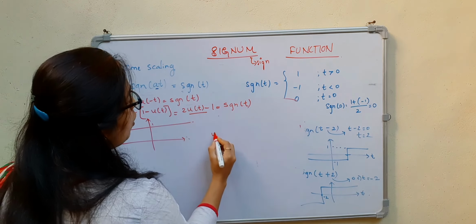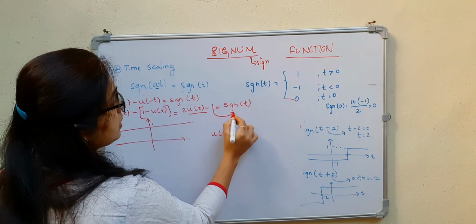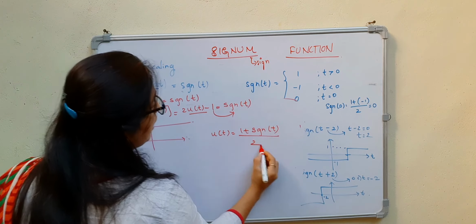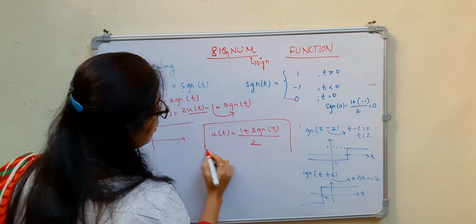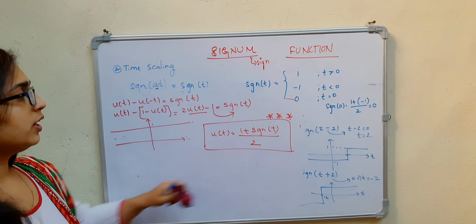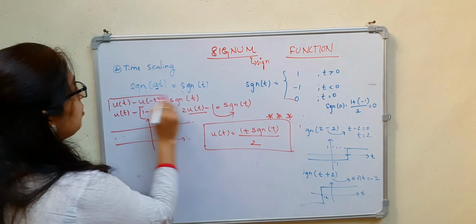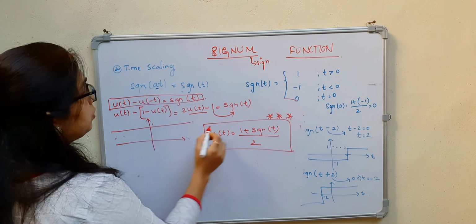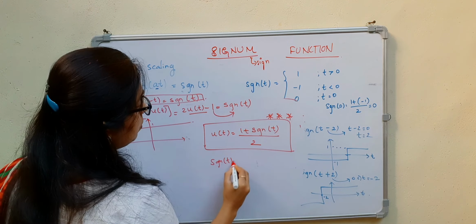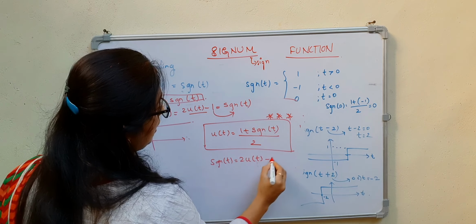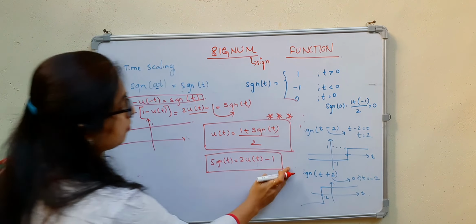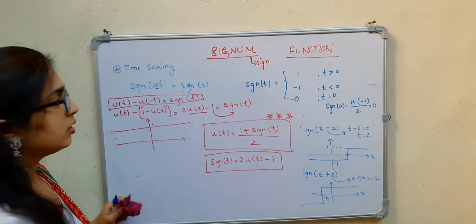If I take this to this side, u of t is equal to 1 plus signum of t, divided by 2. This is also very important. These are the important formulas that you have to remember. Signum t is equal to 2 u of t minus 1. We will solve some